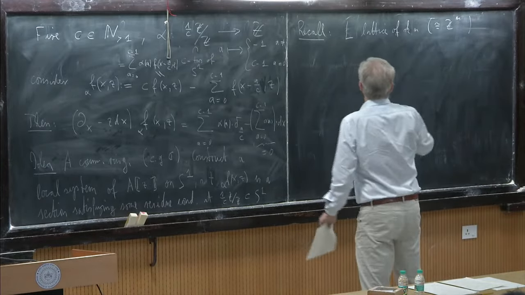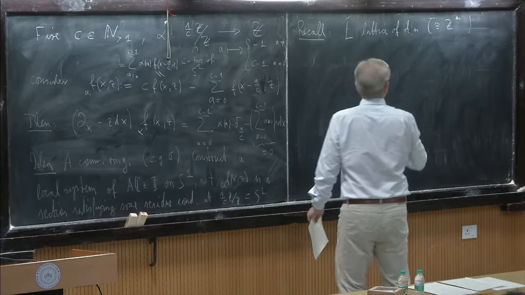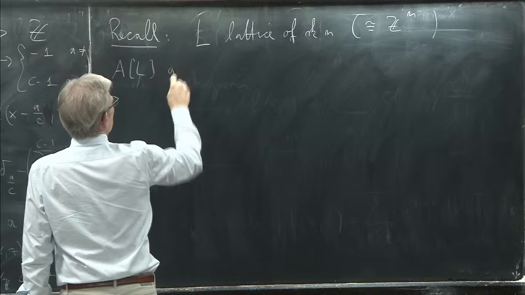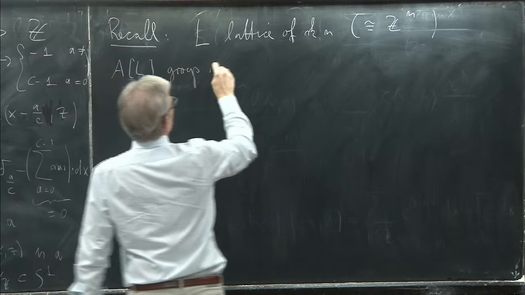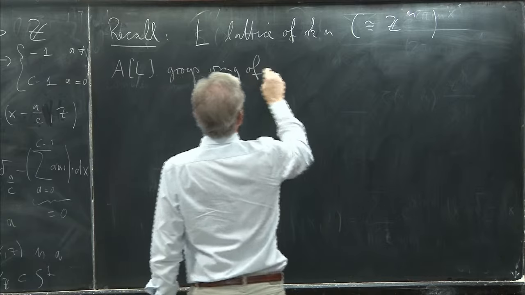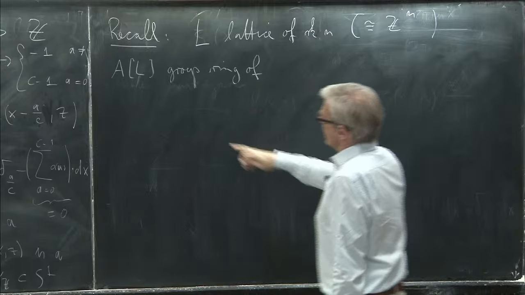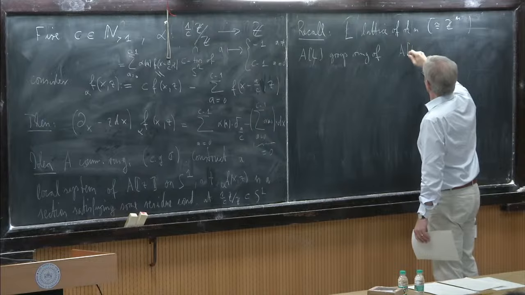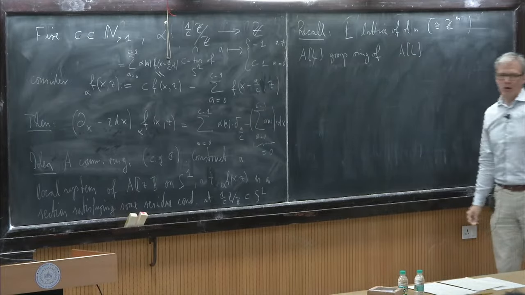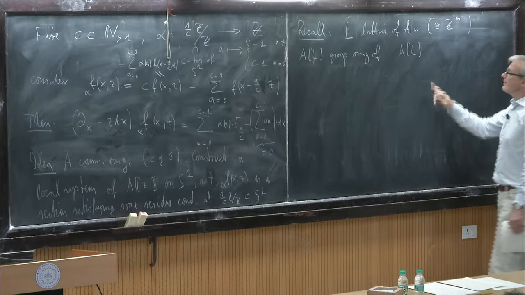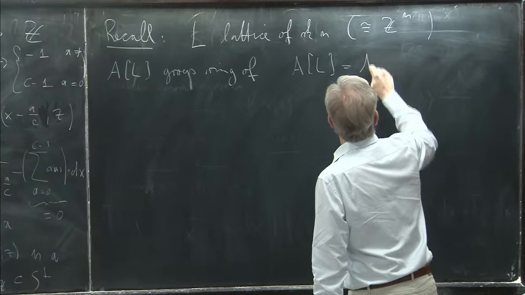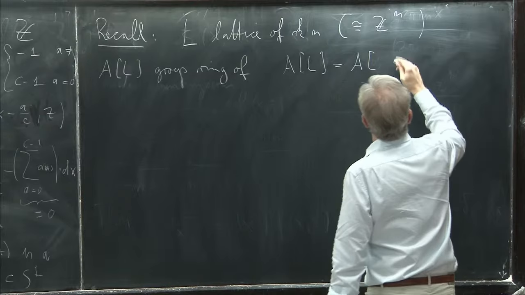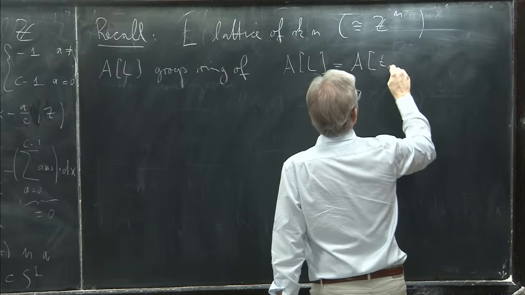I have fixed this A, and then A[L] is the group ring of L. That's not difficult to describe, and all the people who do Iwasawa theory here know how this works. It's just the ring of finitely Laurent polynomials in n variables,